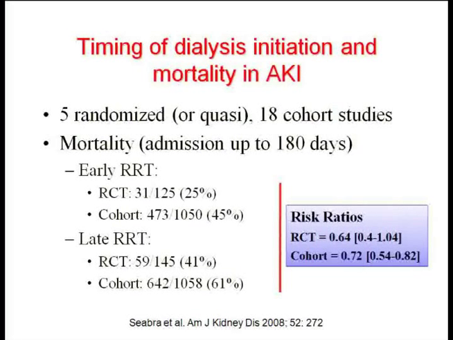So the bottom line is that, mindful of this heterogeneity, we probably should not start people too late. What is not starting people too late? We don't know. So our practice is to not let anybody go with BUNs over the 100 range,